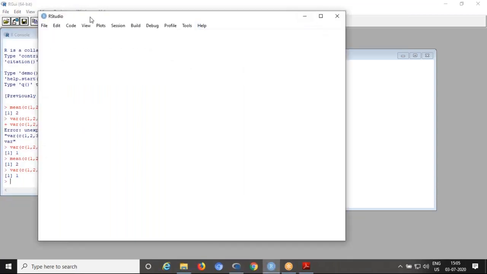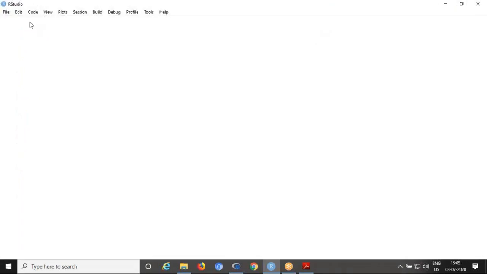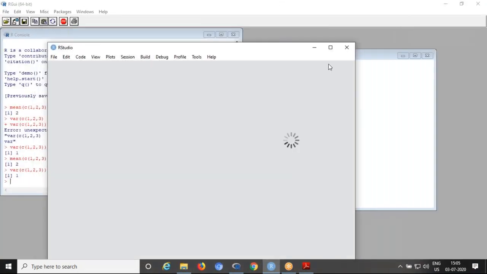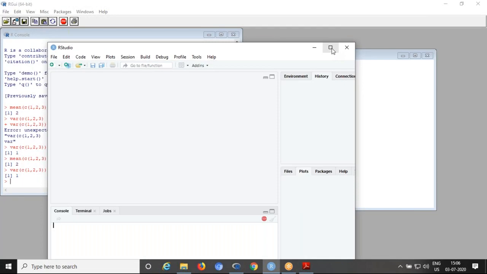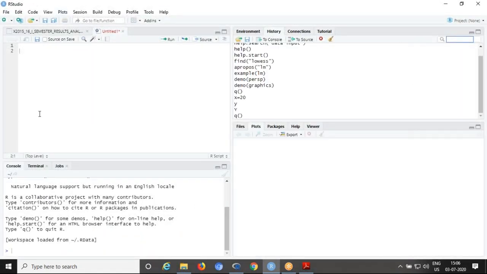Now, I opened this one, it is still loading. Here you can observe, now this is the home page of RStudio.